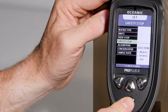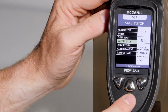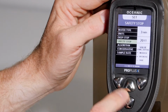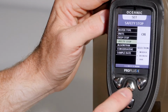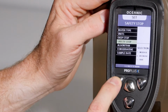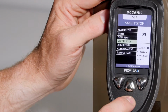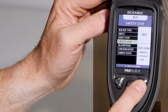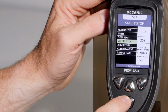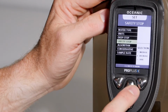Safety stops can be turned on and set. You can set the time from 3 minutes to 5 minutes. And you can set the stop depth from 10 feet, 15 feet, or 20 feet. Under the safety stop, you can turn the safety stop on, off, or set it. Under the Set feature, you can change the time from 3 minutes to 5 minutes, and the stop depth from a depth of 20 feet, 15 feet, or 10 feet. Be sure to turn it back on or off